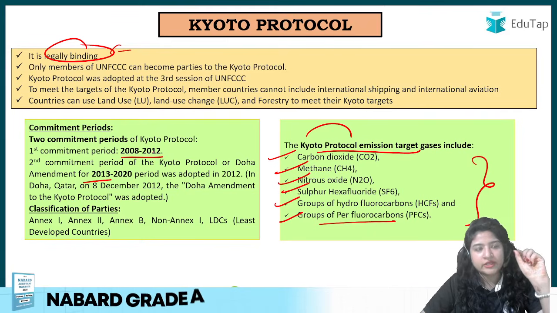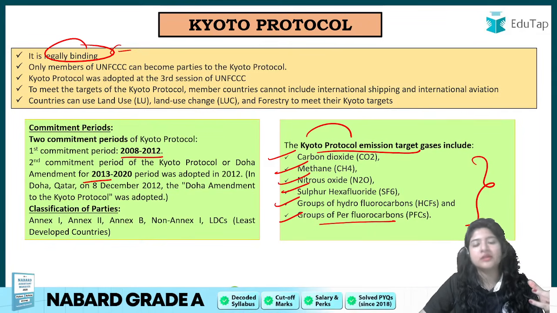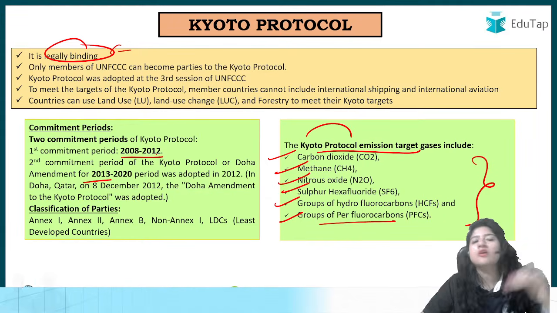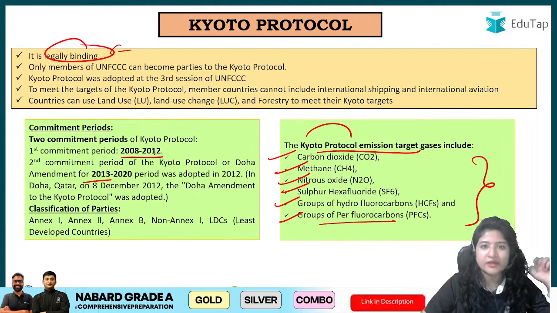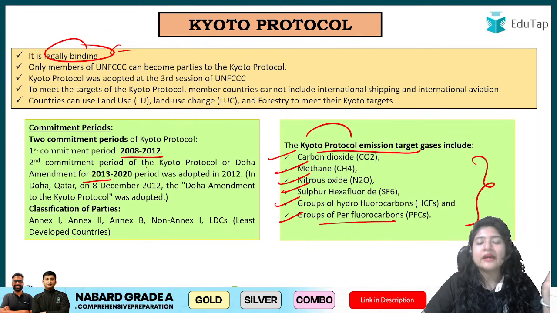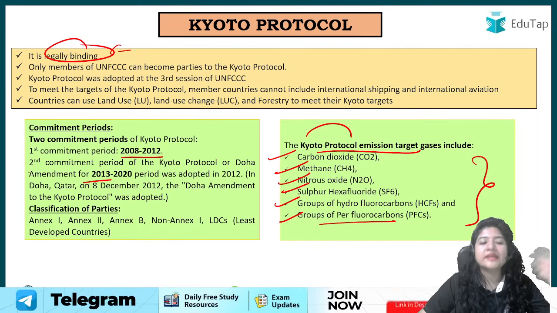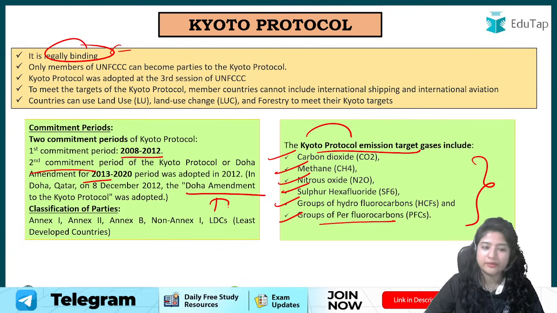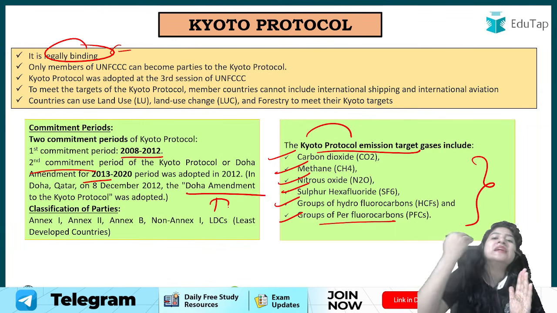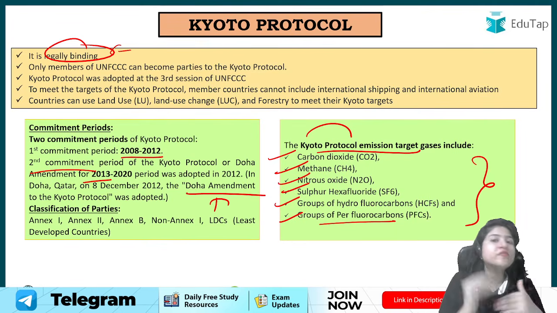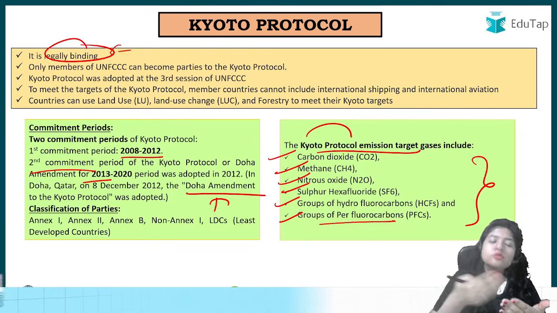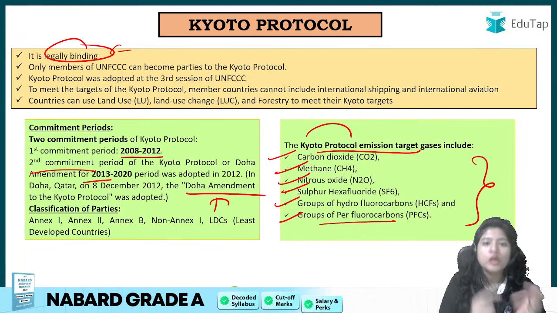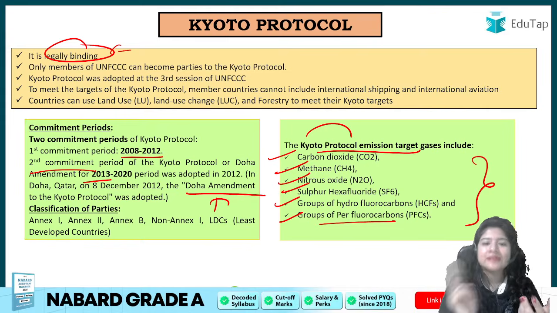Okay, then in 2013, again a meeting was conducted, and then new changes were made as per the observation that happened in the previous commitment. Okay, so that amendment that happened in the second commitment, that is known as your Doha Amendment. So Doha Amendment happened in the Kyoto Protocol, which is related to greenhouse gas. Again, okay, so if directly it is asked, Doha Amendment is related to greenhouse gas only, right? Kyoto Protocol is related to greenhouse gas, and in the second commitment, new amendments were made.